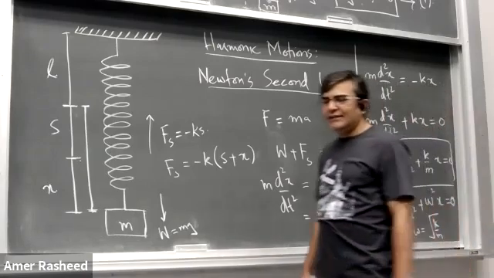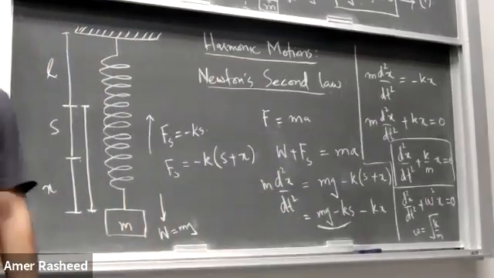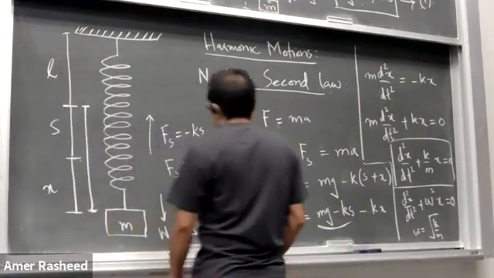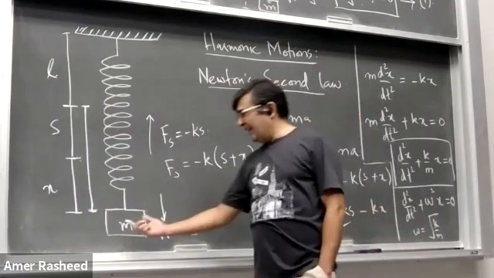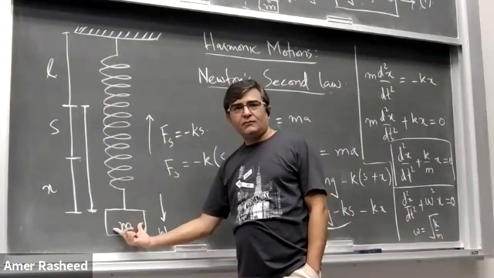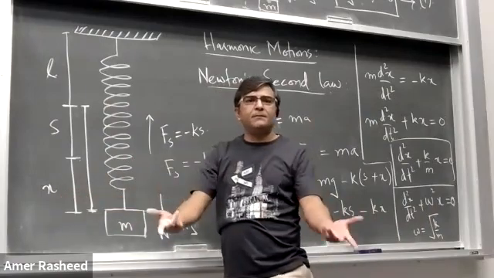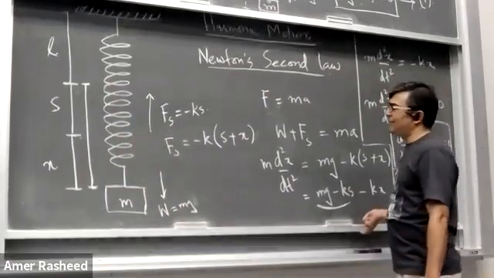Now, the solution of this differential equation will give us a general solution, which will have 2 unknown constants. In order to find those constants, what do we need? We need initial conditions. What will the initial conditions be? First the mass was here, we displaced it, so its displacement will be some amount. We say that at time equal to 0, the displacement is